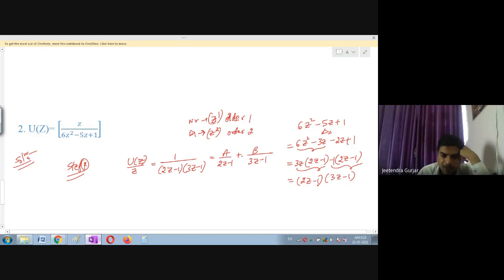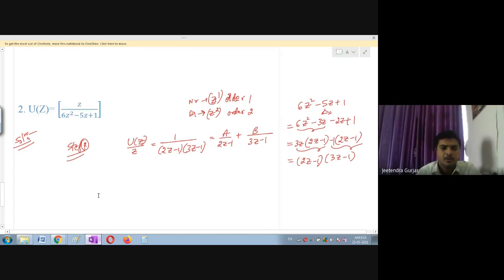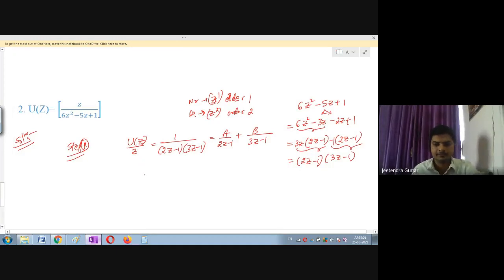Now use partial fraction and tell me, and be fast, students, please. Unmute and tell me what is the answer of A and B. So I have given the hint now. Do the second step to find A and B. Please try yourself, students.